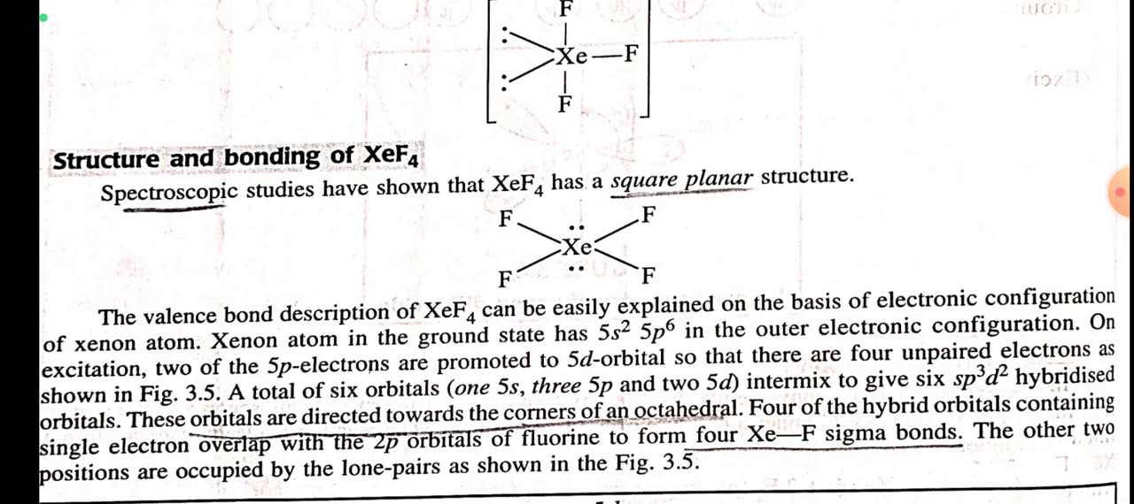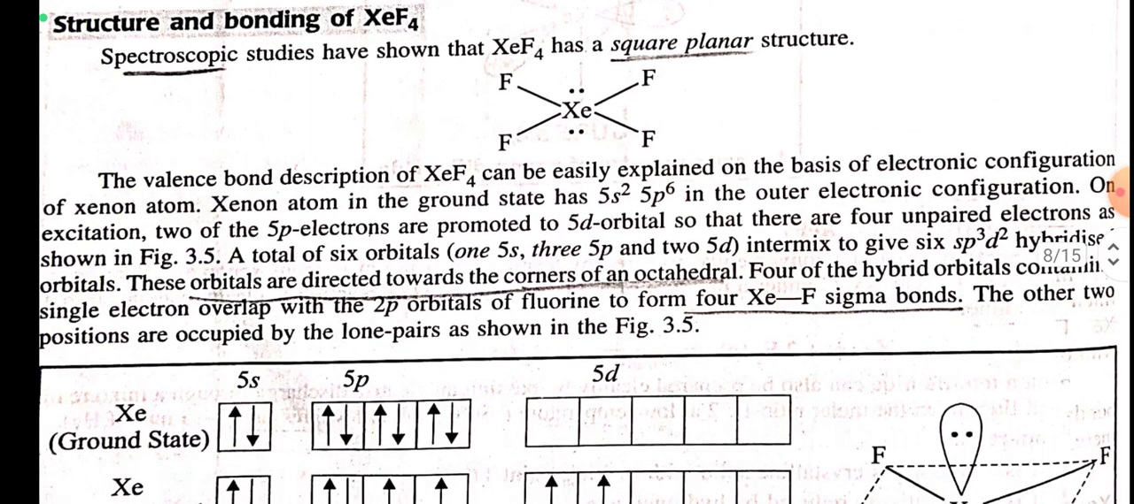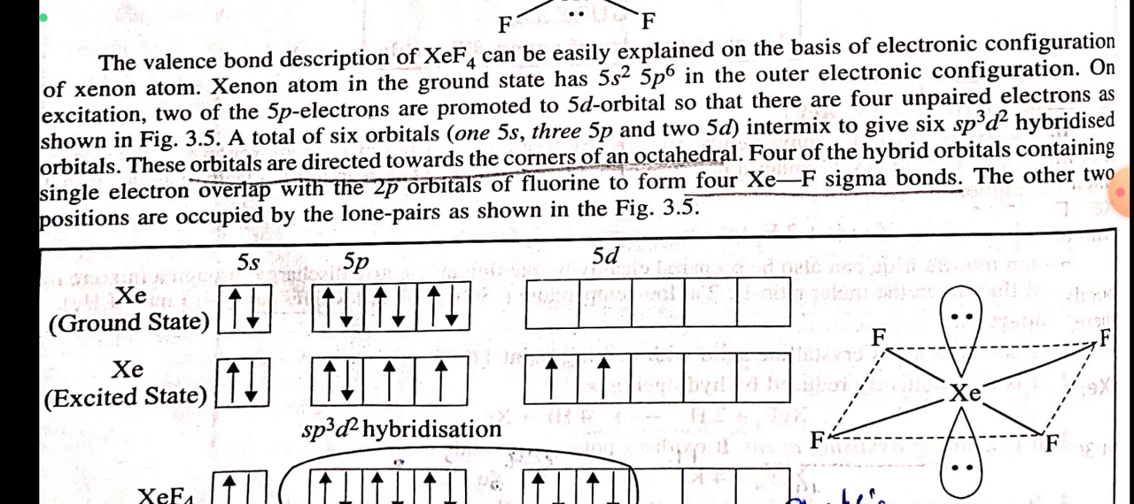The structure and bonding of xenon tetrafluoride. Spectroscopic studies have shown that xenon tetrafluoride has a square planar structure. The valence bond description of xenon tetrafluoride can be easily explained on the basis of the electronic configuration of the xenon atom. Xenon atom in the ground state has 5s2 5p6 in the outer electronic configuration. On excitation, 2 of the 5p electrons are promoted to 5d orbitals so that there are 4 unpaired electrons